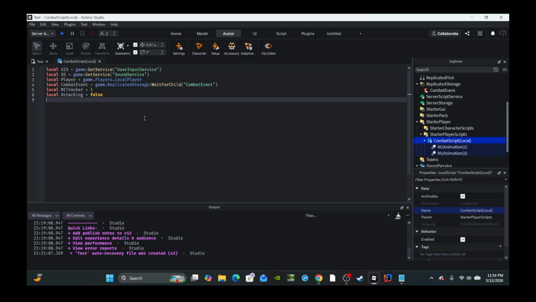But yeah, moving on, then create a variable for the player's character, which is essential. So we'll say it is equal to player.Character, or if the player's character hasn't been loaded, we can just say player.CharacterAdded:Wait(). Then lastly, we're going to create an animations table. So we're going to say animations is equal to curly brackets, enter. Then square bracket 1. So for our first, this is for your left punch. You can just say character.Humanoid.Animator:LoadAnimation